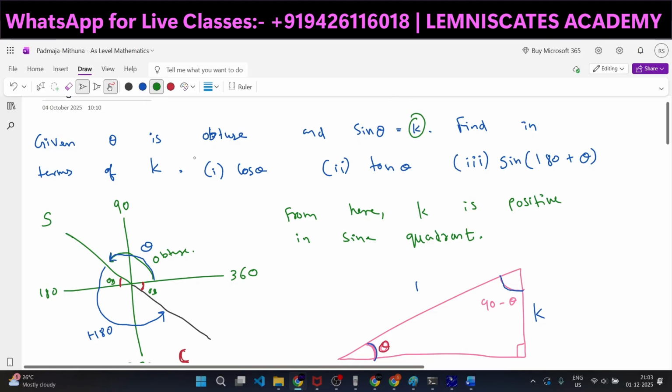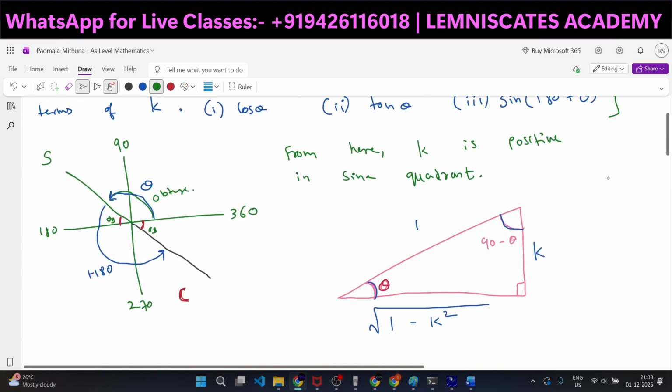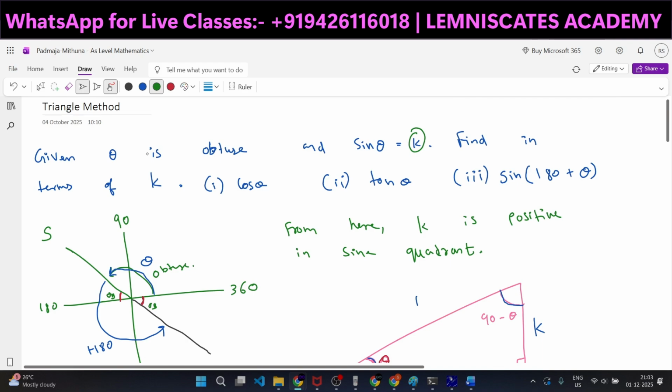See, first of all, we got the idea that sine theta is equal to k. I am first talking about this question, and then I'll also discuss the second question. First, let's stick to the first question. So we are aware that theta is an obtuse angle and the sine is positive. We are now supposed to find, in terms of k, what cos theta and tan theta are. I'll talk about sine of 180 plus theta in a while, but let's first focus on cos theta and